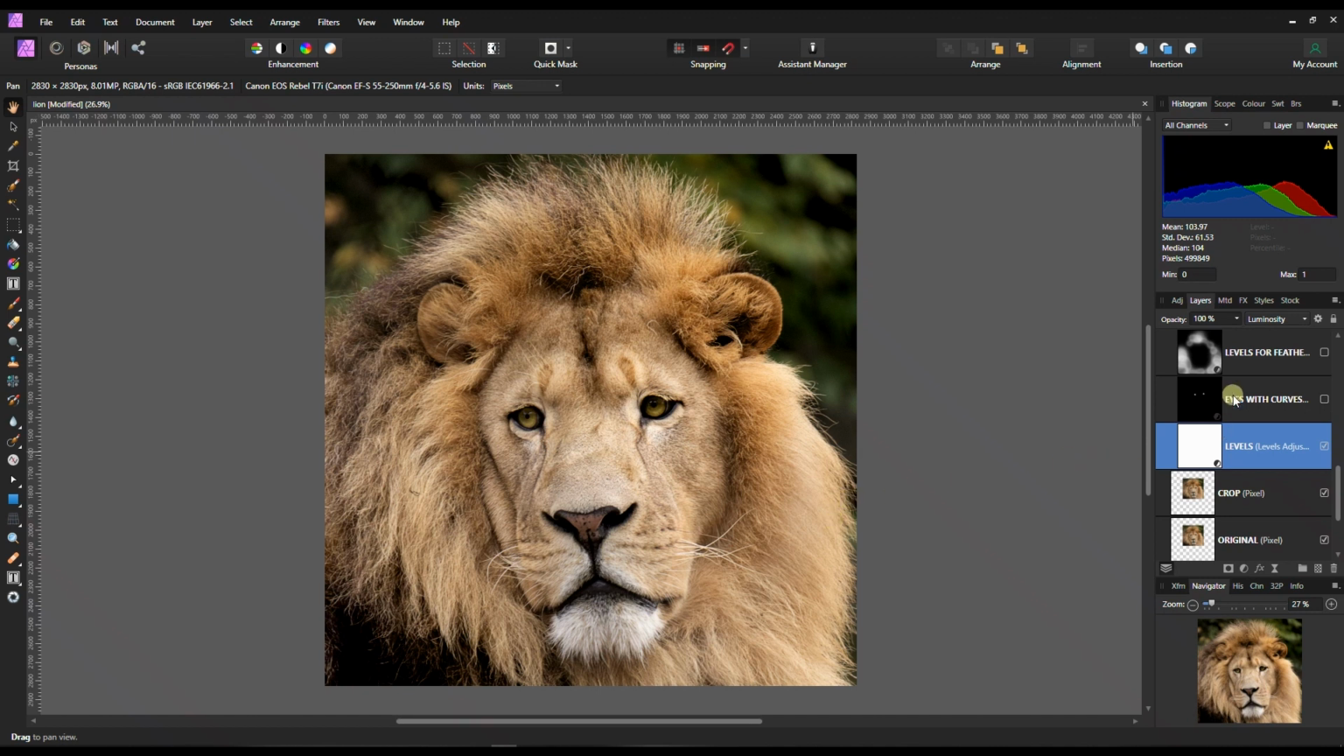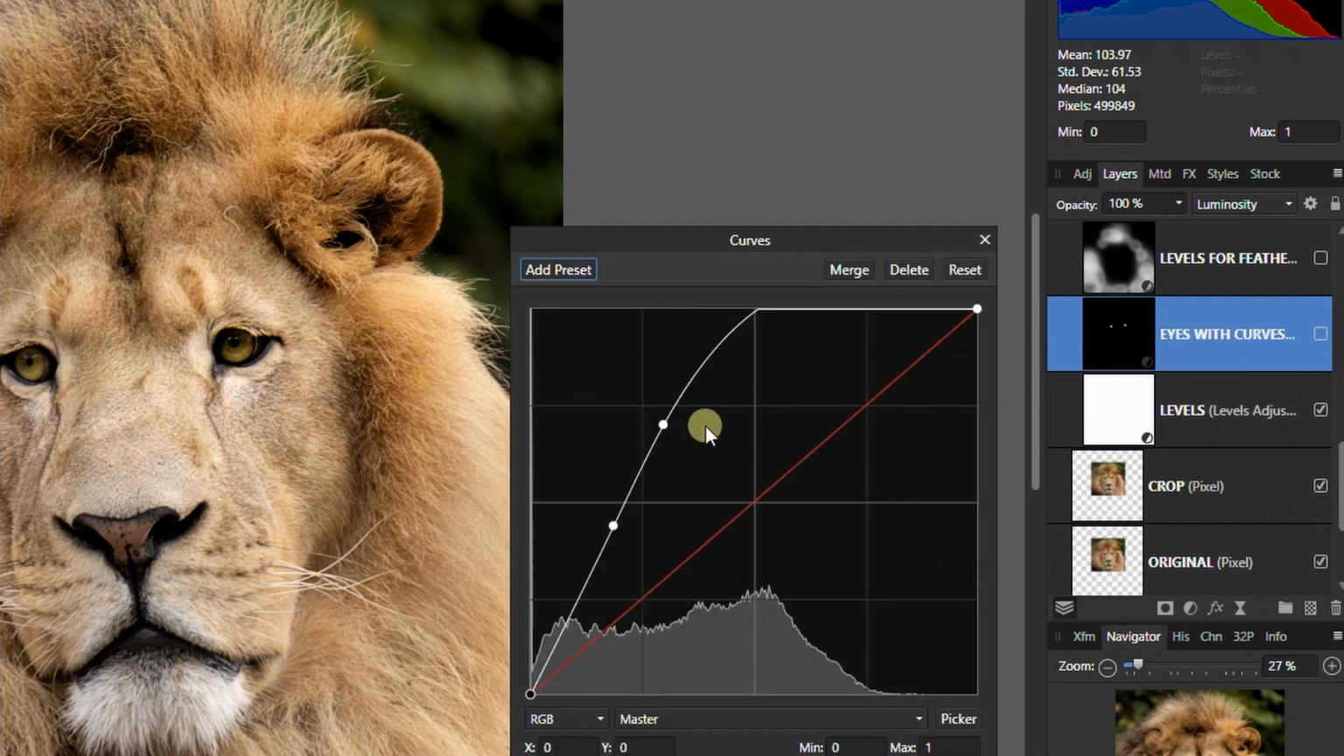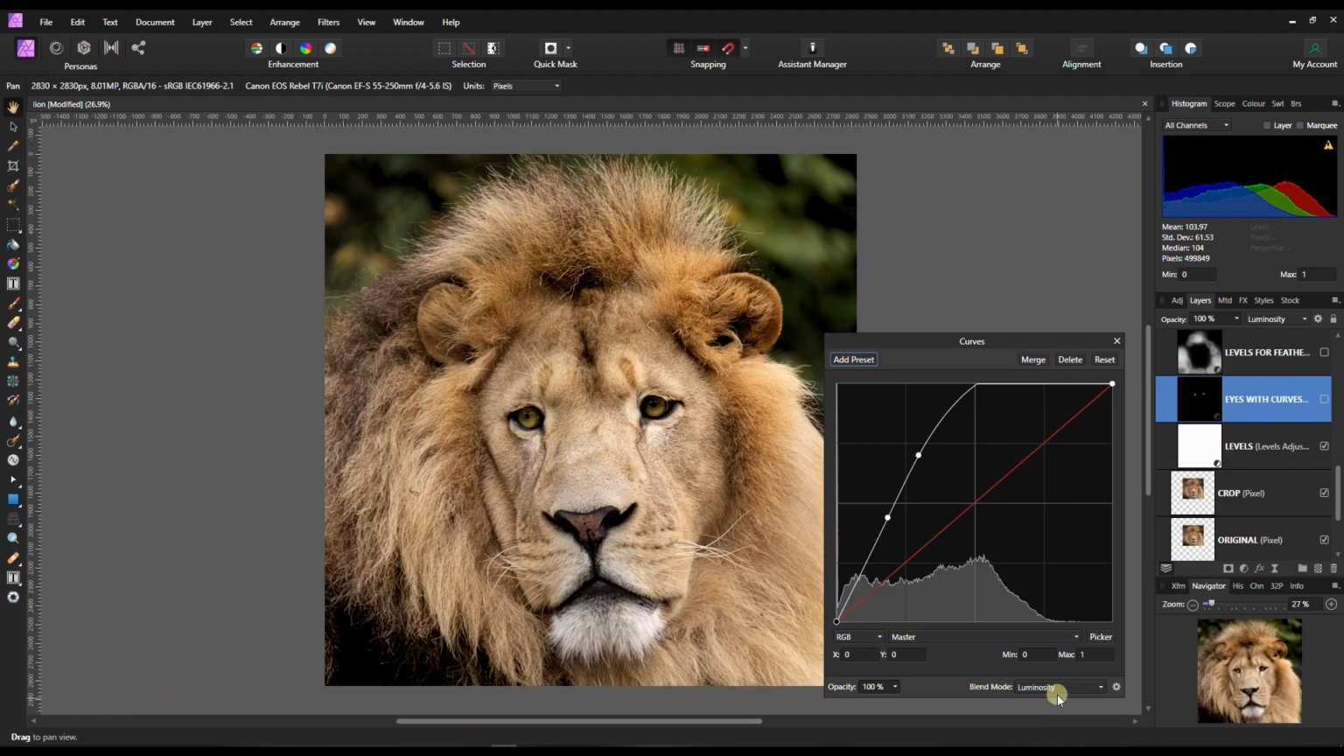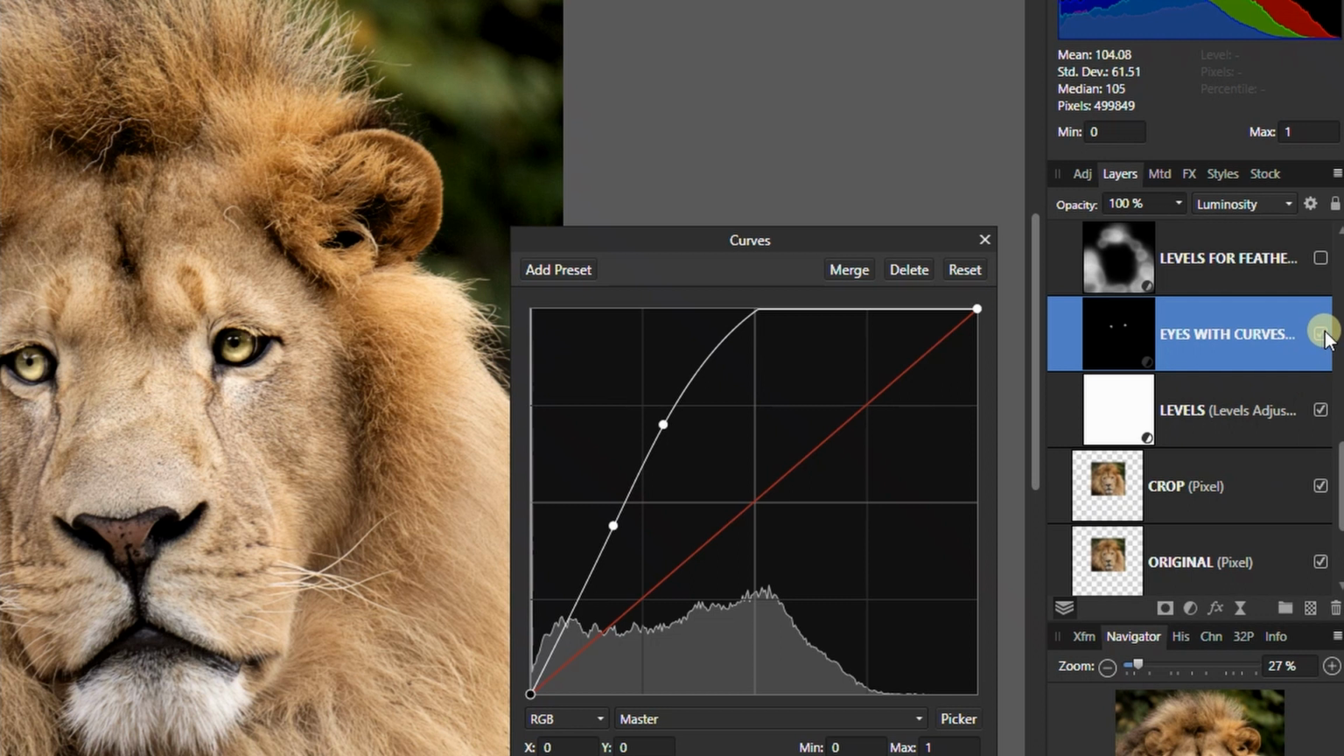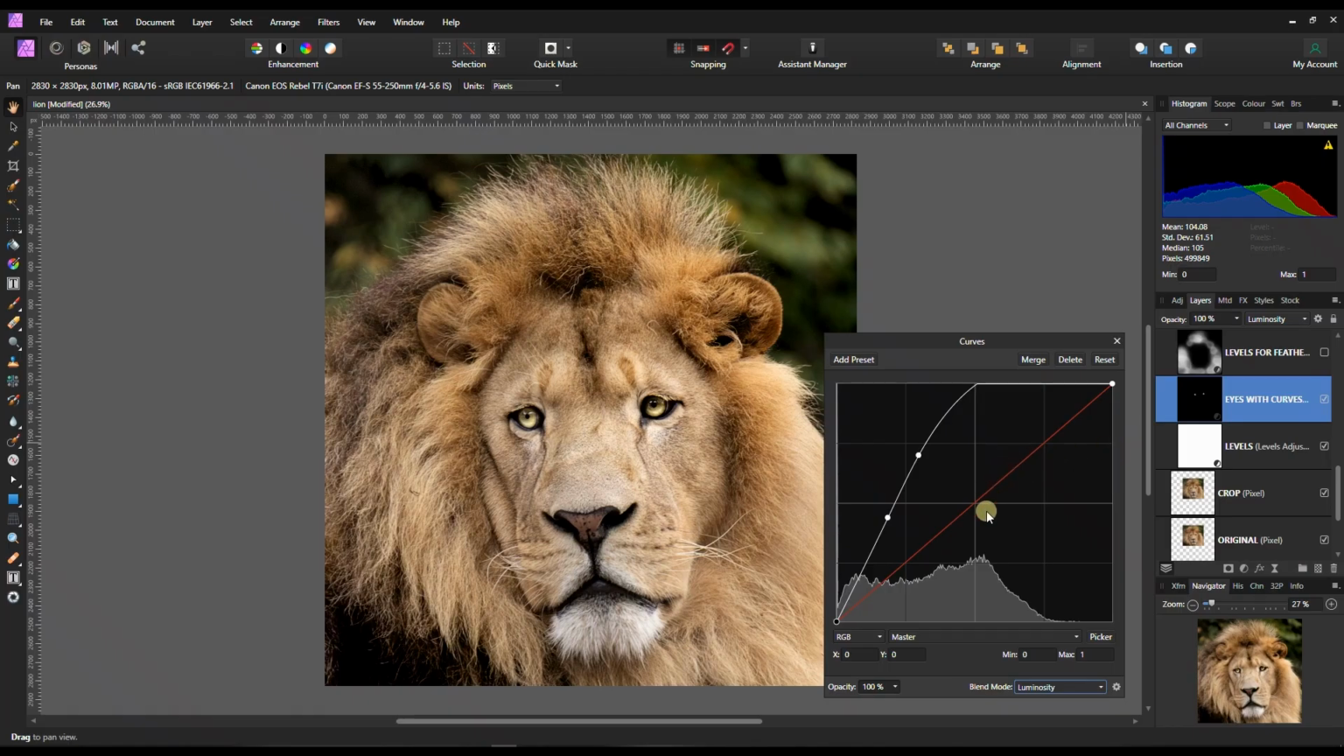Now the second layer, I'm just going to double click. In the curve, I boosted the white like crazy. You can clearly see. And I changed the blend mode again to luminosity. And let me show you the result now. You see that? It's like a magic or a movie. I made the curve as strong as possible in the white department, right? And then